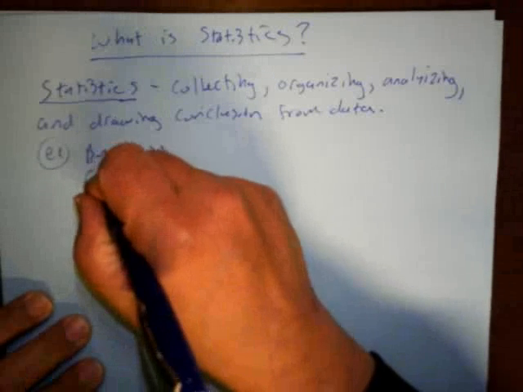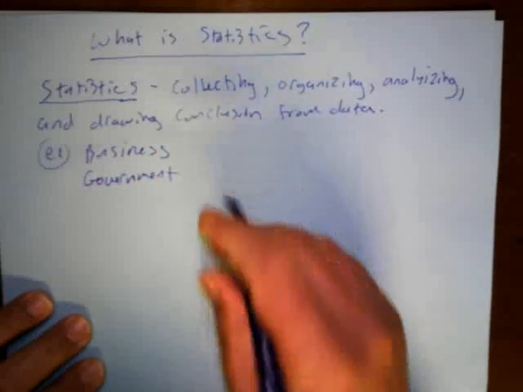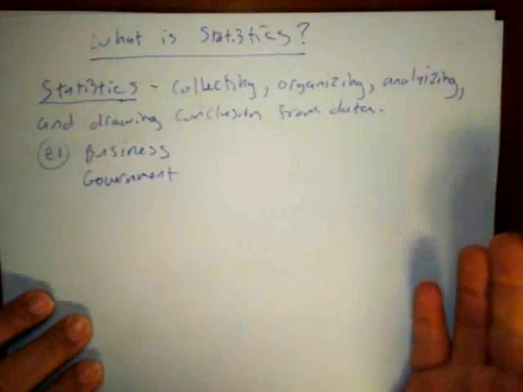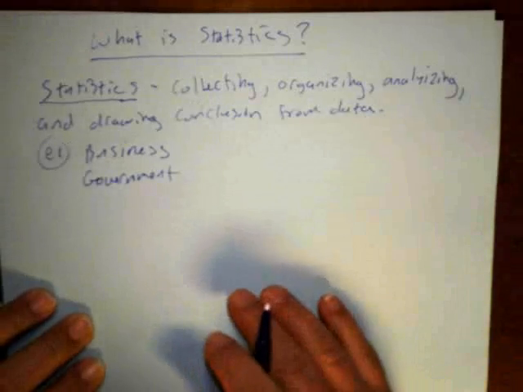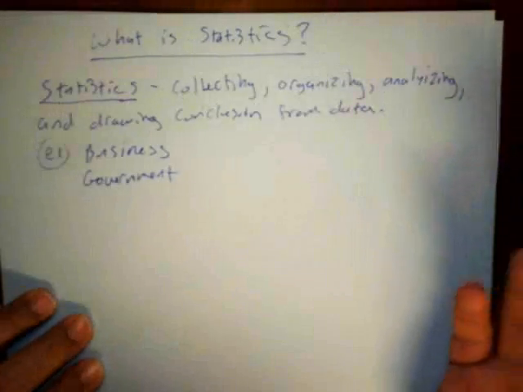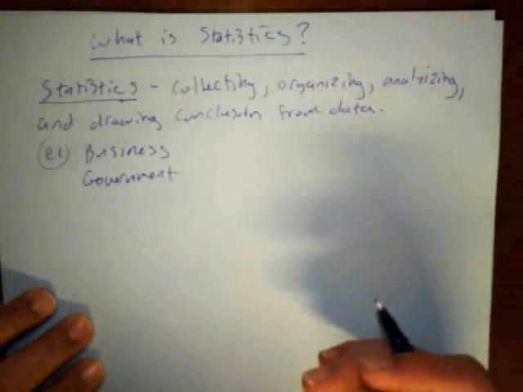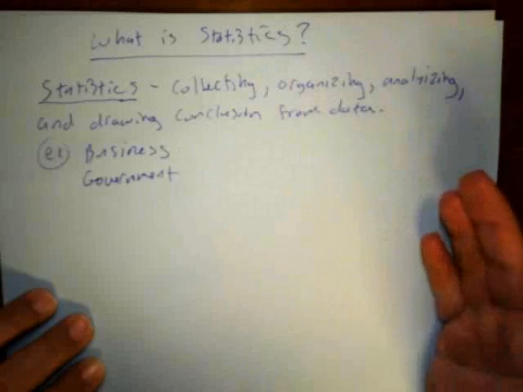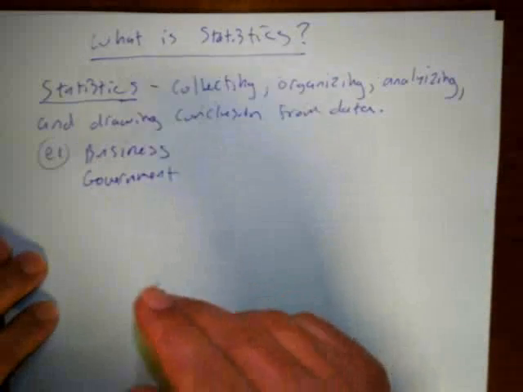Government. The government has a lot of decisions to make, and it affects each one of us. Even if the politicians themselves don't do statistics, they hire consultants or others who collect the data and prepare reports, and then they use the information and suggestions that the statisticians provide in order to make the best decisions possible.